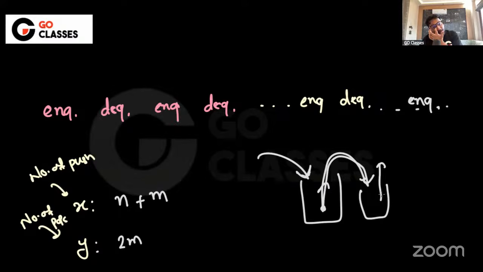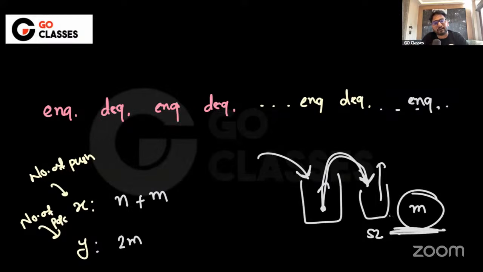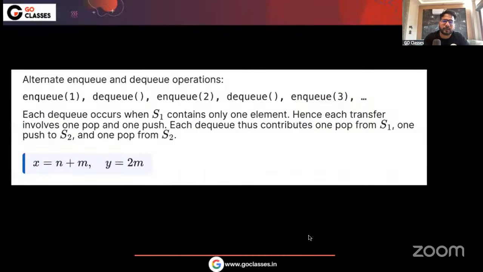And because of DQ, how many pushes are here? You are going to push only M elements, because M DQs, so only M elements. That's important. The concept here is that in S2 we want to push all the elements which will eventually be DQed, which means if we want to DQ M elements, then only M pushes will be here to S2. Understood? And what about the pop? All the M elements from here will get popped, so 2M. So N plus M pushes and 2M pops.